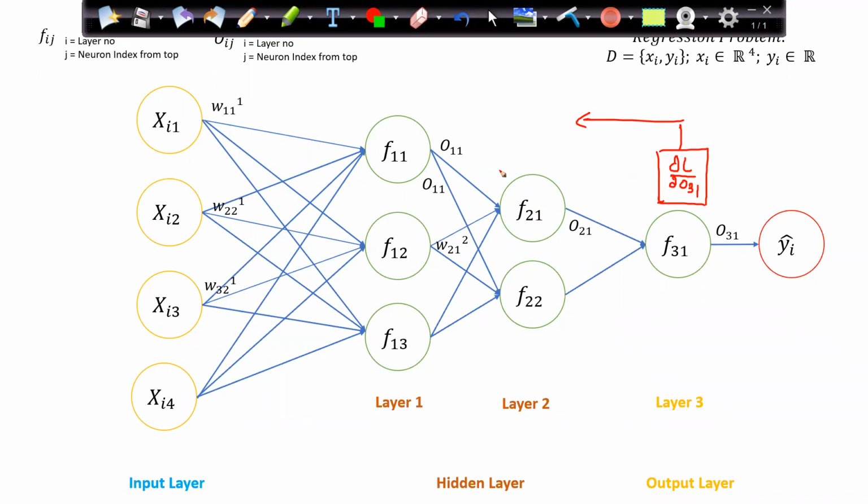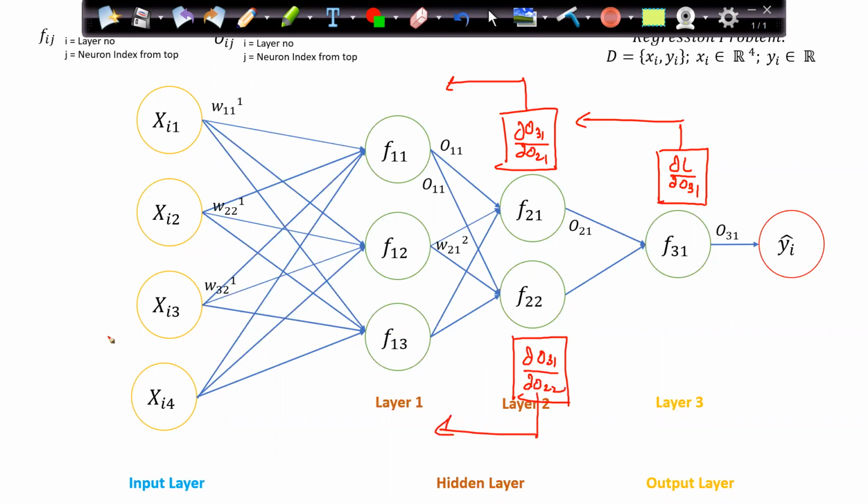Same way, if I come at this point, I have to use ∂O31 by ∂O21, and this can further be used by all the previous layers. I have to store some derivative here also, ∂31 by ∂22. This can further be used by the previous layers, right? So same way we can store the values everywhere. In every layer, I should store the values of some of the derivatives which I need to reuse, right? That is the whole idea.